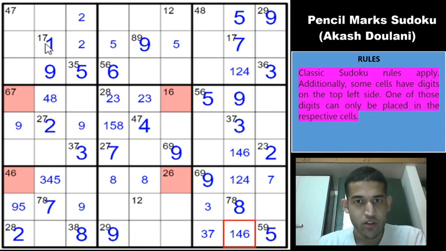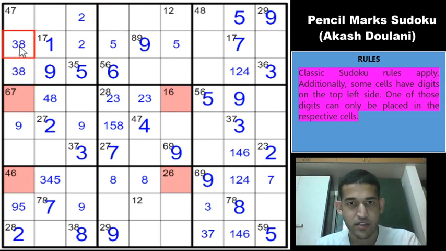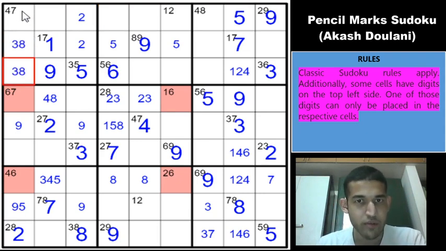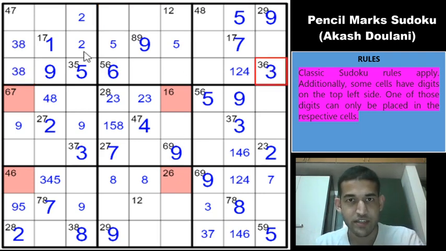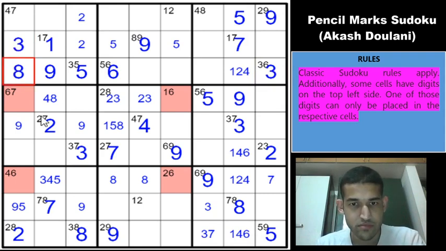Okay, so in this box we have 1, 2, 5, 9 restricted already. So remaining digits are 3, 4, 6, 7 and 8, right? But we have a 4, 6, 7 triplet, which means that these two cells cannot be 1, 2, 5, 9 or 4, 6 or 7. So they can only be 3 and 8. No other possibility for these two cells. So we have a 3, 8 hidden pair in box 1. Beautiful. So this 3 can be used to resolve the 3, 8 pair immediately.